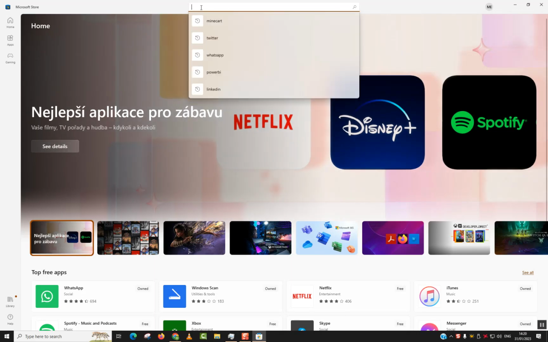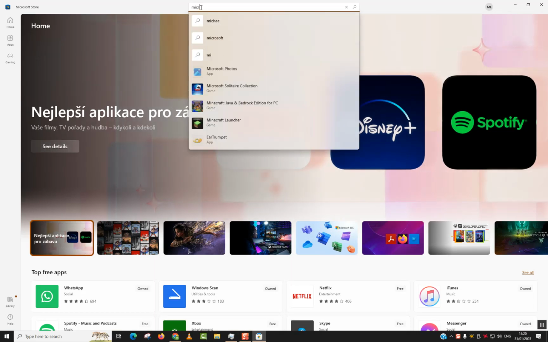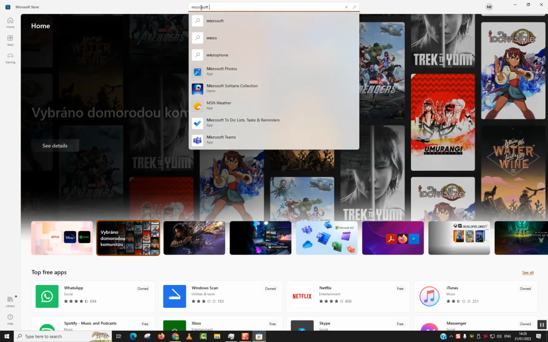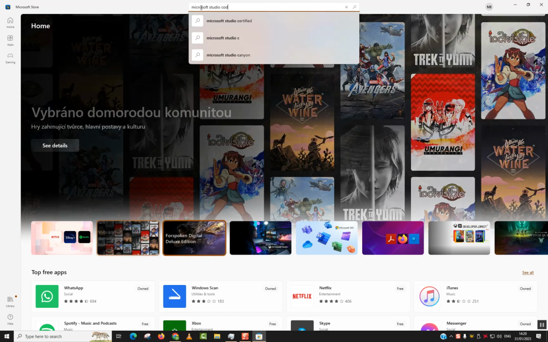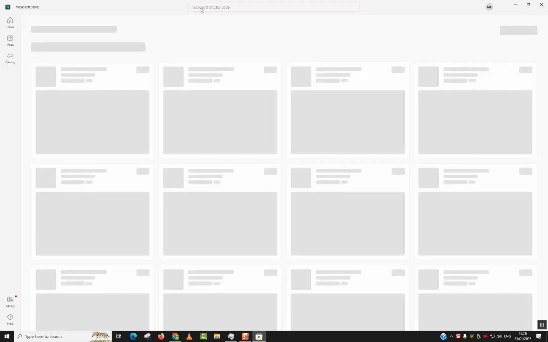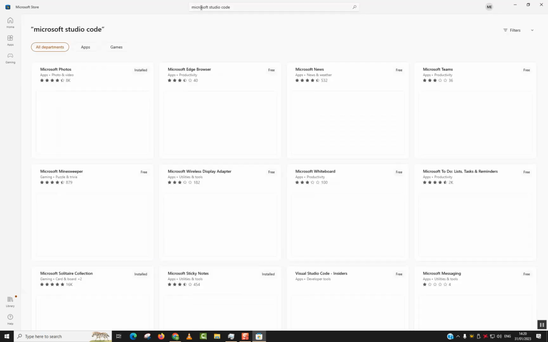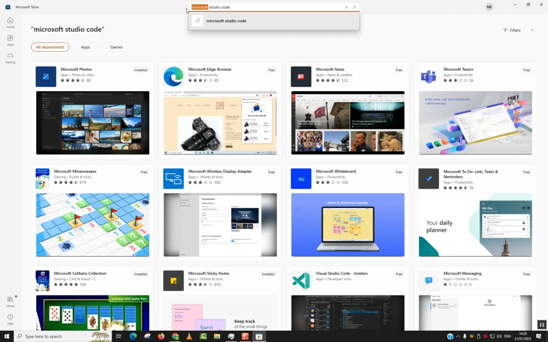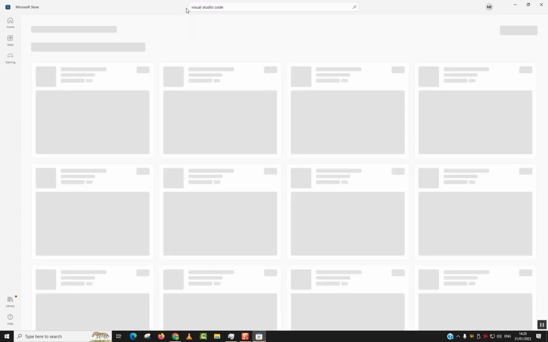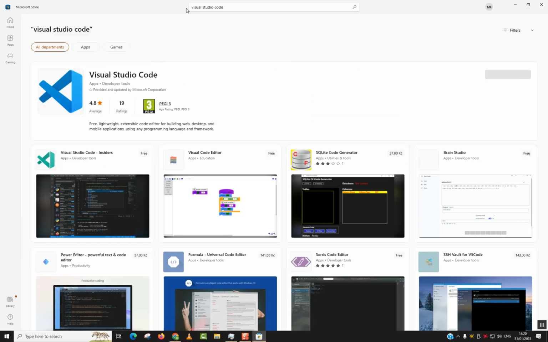Next step, go to Search Apps and type Microsoft Studio Code and hit enter. Or Visual Studio Code. So with Visual Studio Code, you should be able to see it on the first line